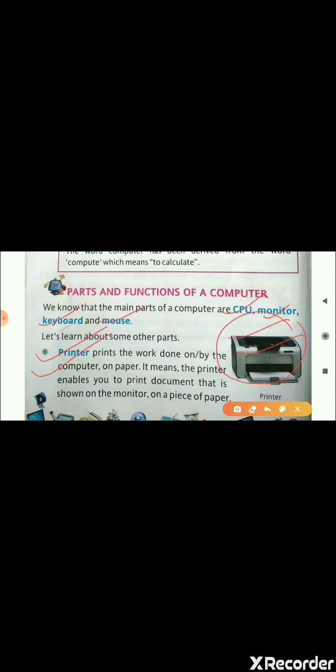If you want to print any paper or something else, you can give a command to your computer, and if the printer is connected to your computer, that print will come out of the printer, as you can see here on the screen. Papers are fixed here. When I give the command to the computer, the print of that paper will come out from the upside. So this is the work of the printer. Your book is also printed with a printer.